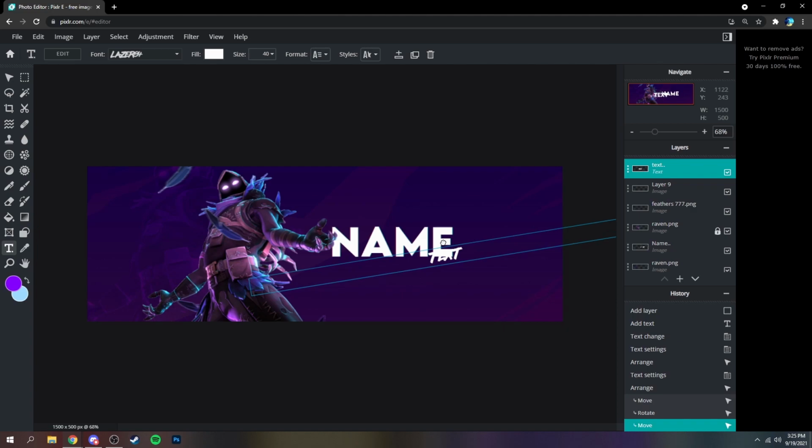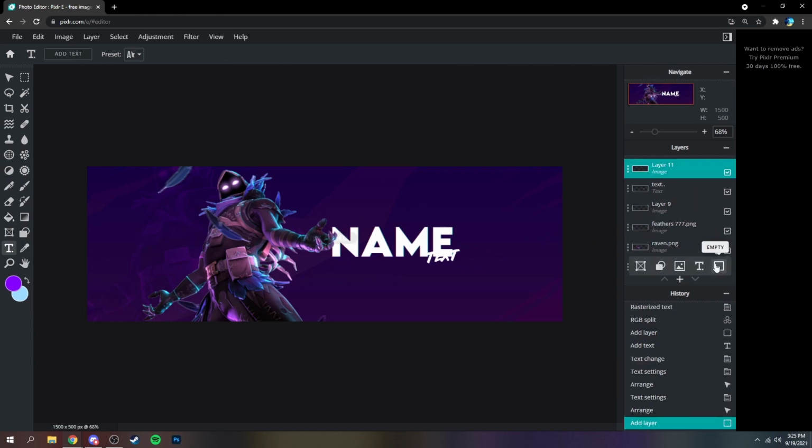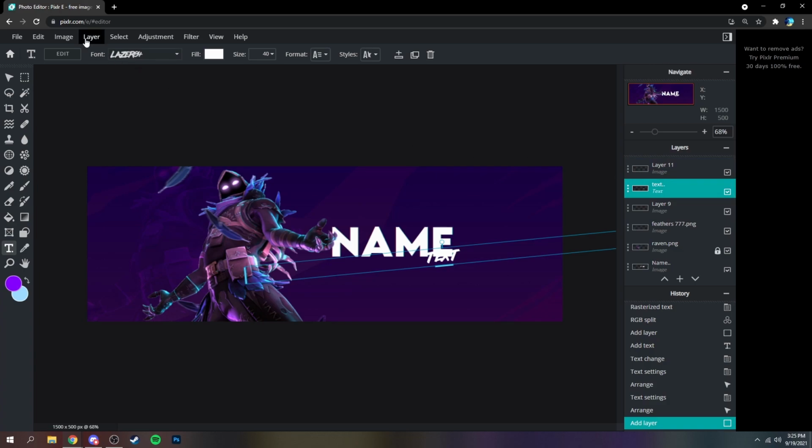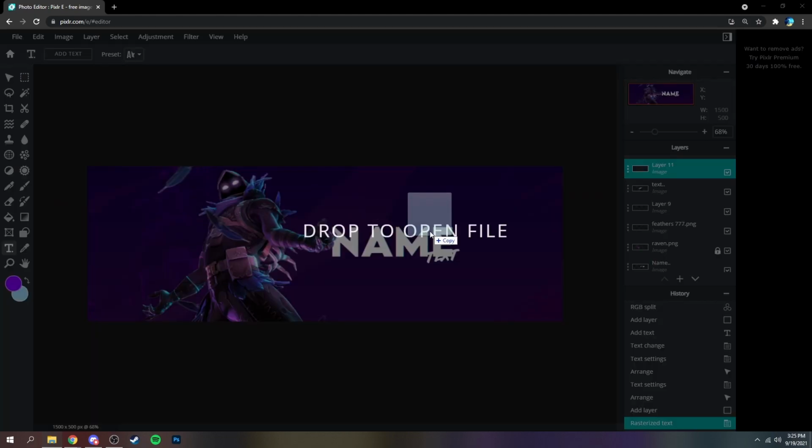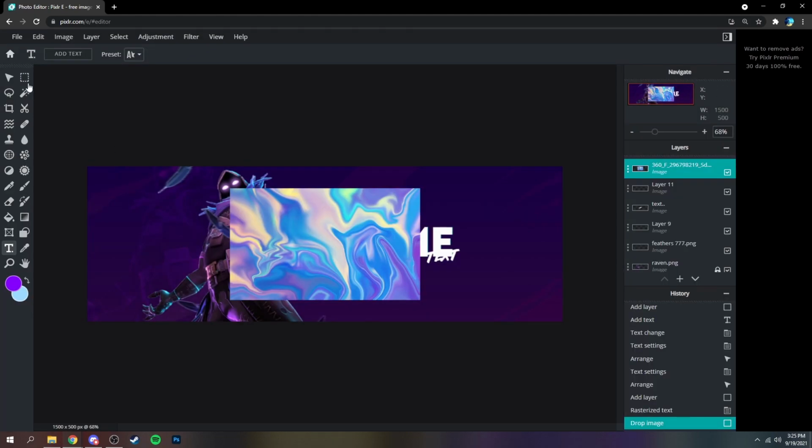Tilt it a little bit, I think like that looks nice. And then this part is a little bit confusing, but make a new layer above it like that, and then actually first go to layer, rasterize the text just like that, and then make a layer above it, and then drag in your color or your design,